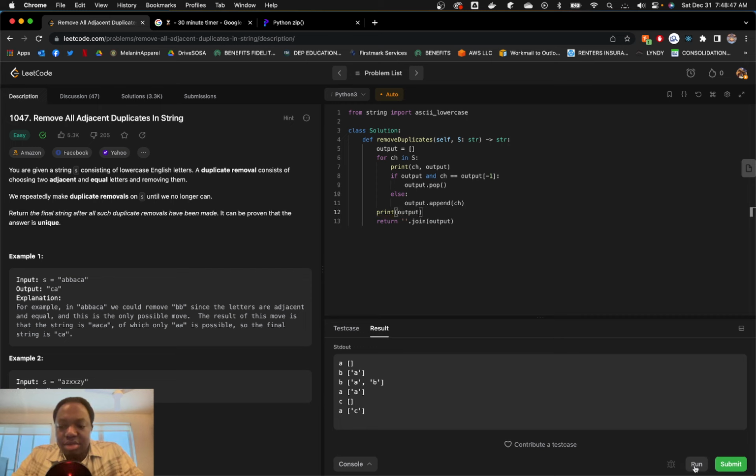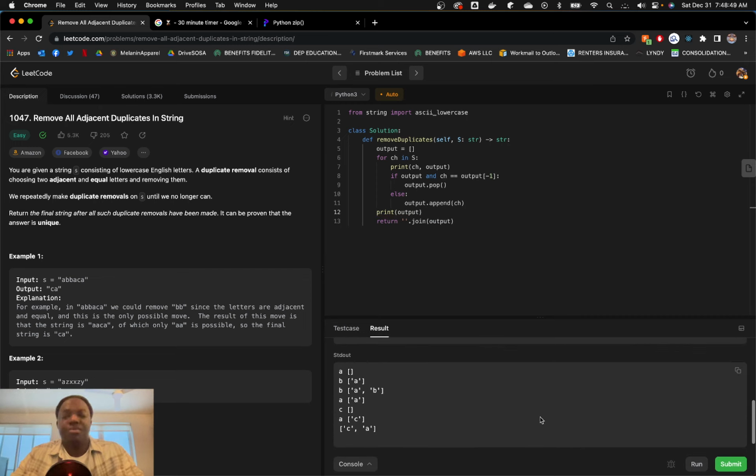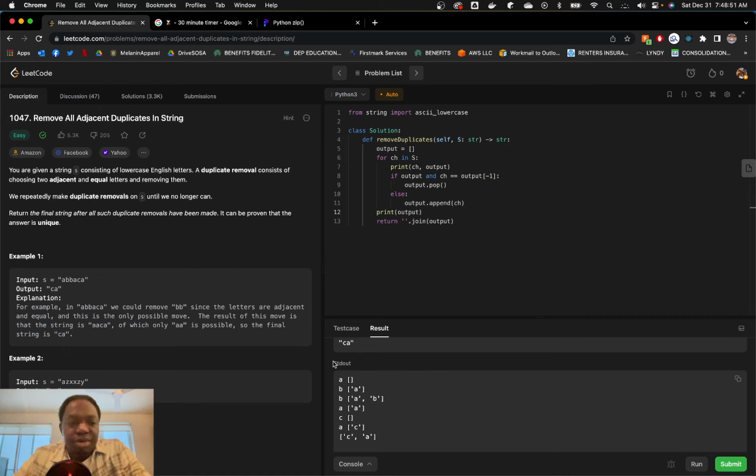We do one last print out. Okay, so because output is empty, we just append A. And since B is not equal to A, we add B. Since B is equal to B,